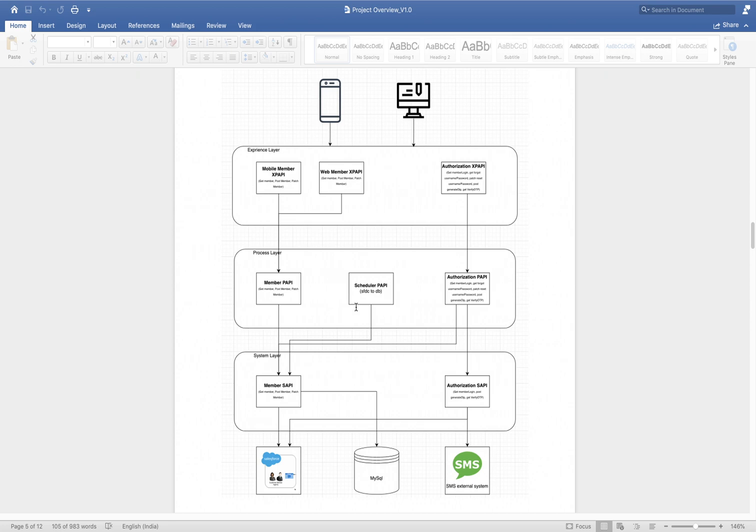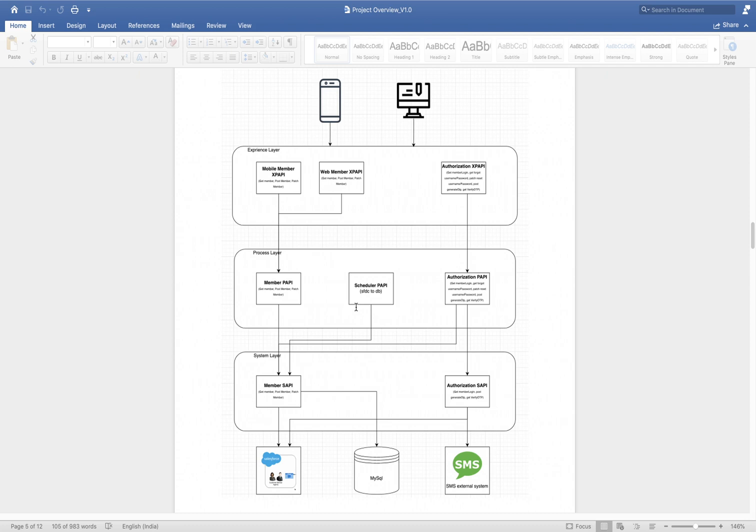No, I don't think in DataWeave you can call any other API. You can call a flow, but from one application to another application you can't call. In 99% of cases there will be an API call only, like API call from experience to process to system.